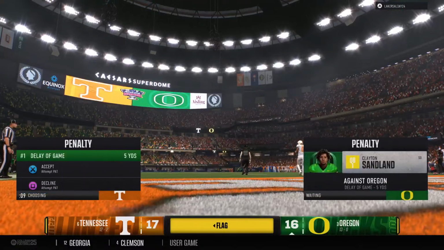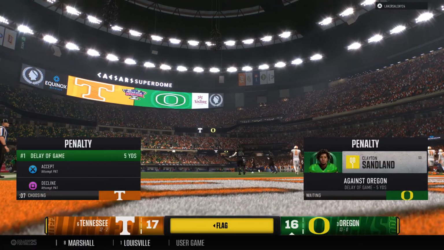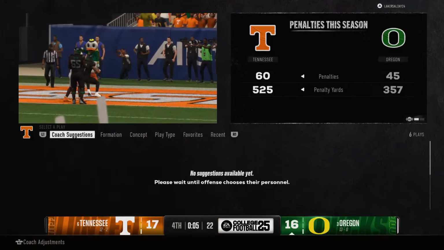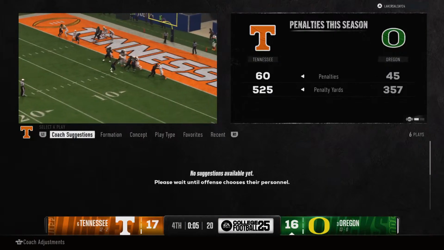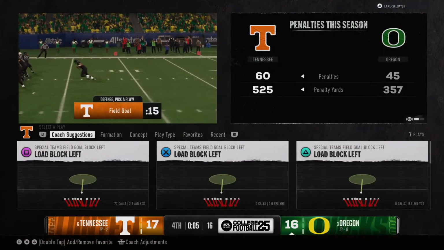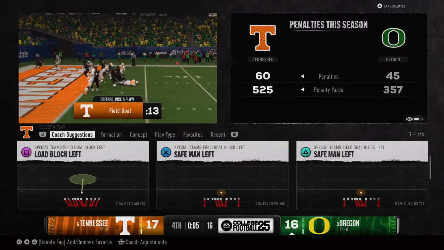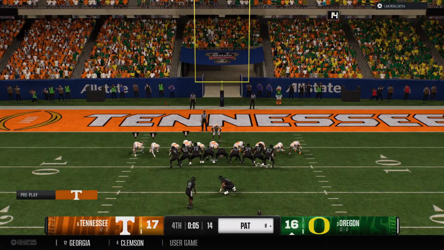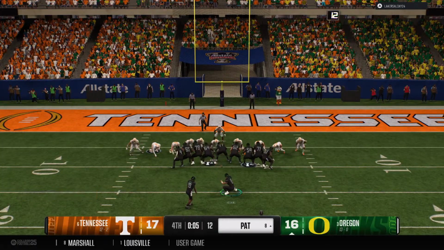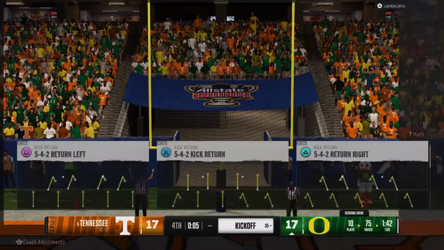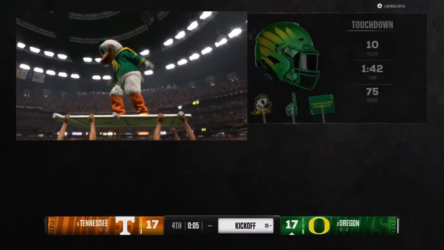Didn't get the snap off. That'll cost him 5 yards. And the head coach will decide to accept the penalty and take the yardage. And they need the PAT now to even the score. And that PAT gives us a tie ball game here in the final quarter.